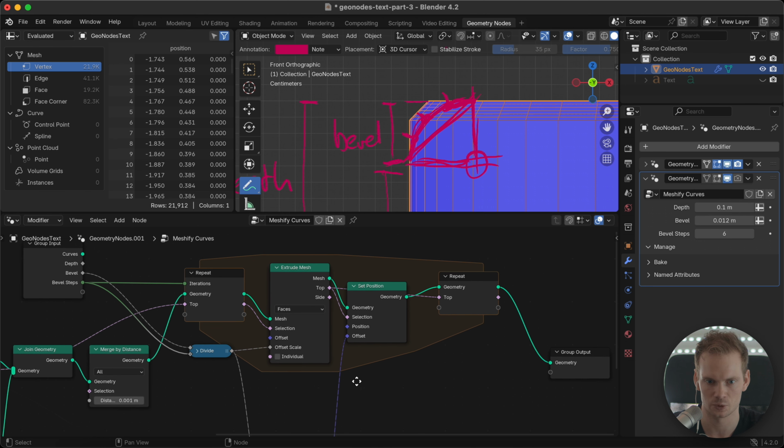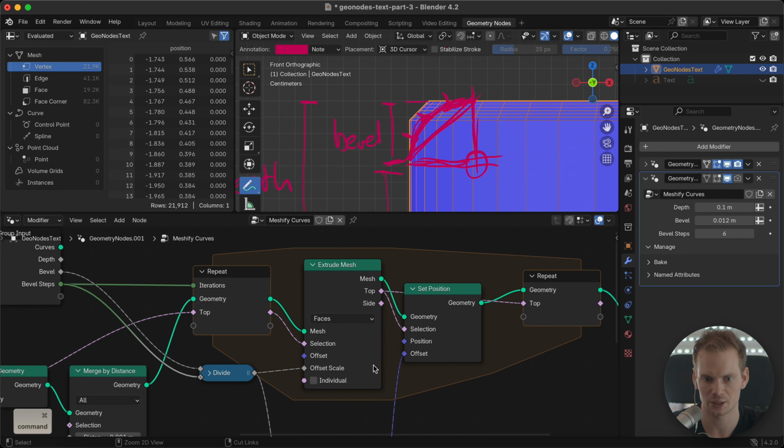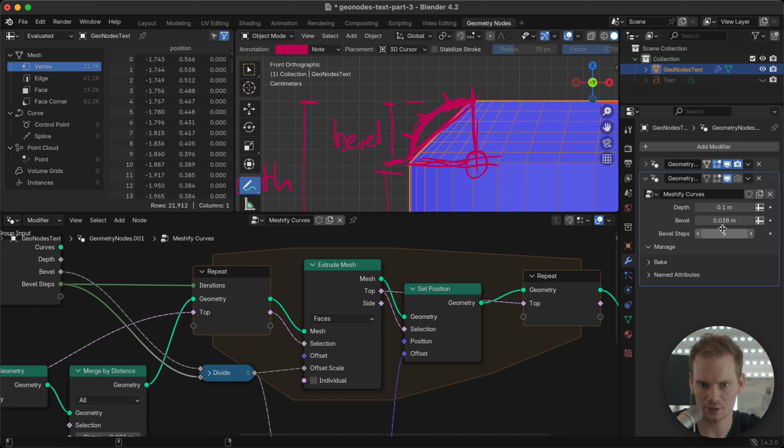So let's now move back to the repeat node. And yeah, let's take a look at this. So instead of these straight steps, we want to make it round. So how do we do that? Well, we can consider this like a point that we rotate around, right? And then we have this length here. We have R, and these two are both R. And this happens to be the same as bevel.